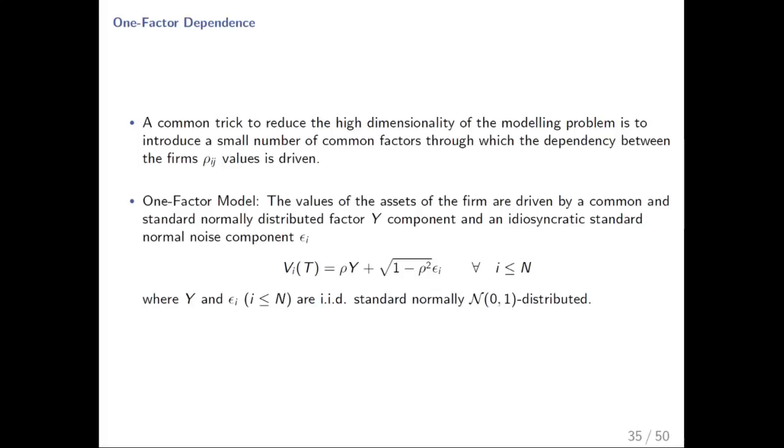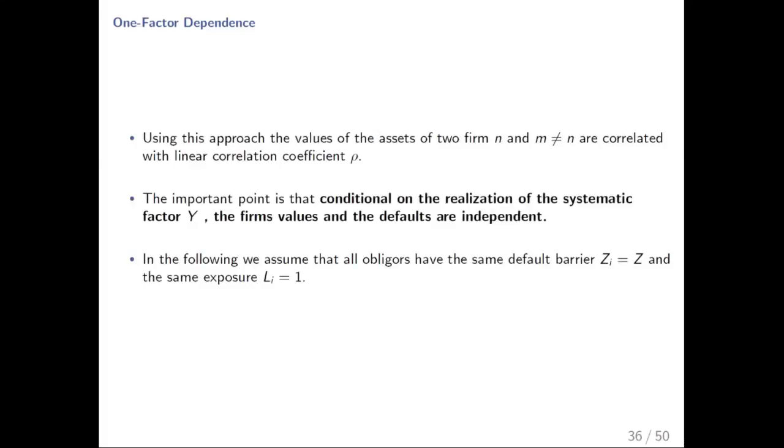this will make everybody correlated unconditionally. Exposure to this Y is going to make all of the firm assets move up and down, be correlated unconditionally. But conditionally on observing Y, conditionally on knowing what GDP growth is, the only thing driving asset variation is the IID shock. Okay? So that's what's going to make the model tractable. It's the difference between the unconditional correlation and the conditional correlation. Conditionally on realizing a Y, the firm values and the defaults will be independent, and that's going to make everything very tractable. Okay? So,